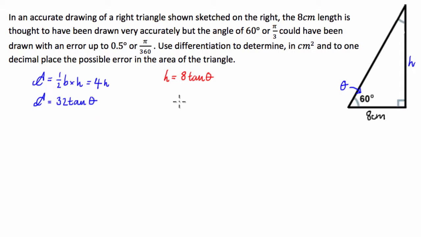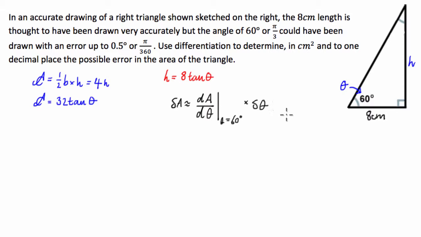We're going to say the error in the area, or delta A, can be approximated by the derivative of A with respect to theta evaluated at the original theta, so theta is equal to 60 degrees,